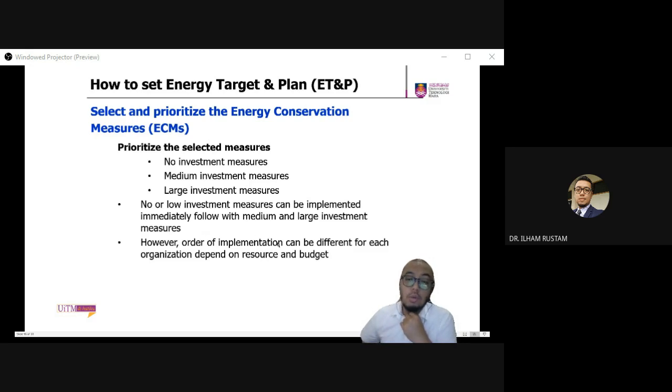However, the order of the implementation can be different if you have the right resources and budget commitment from the top management. So kalau your top management ni, maybe your company ni SP Steel ke,